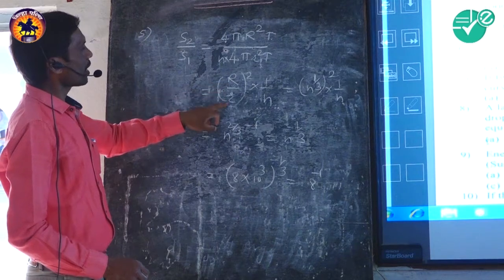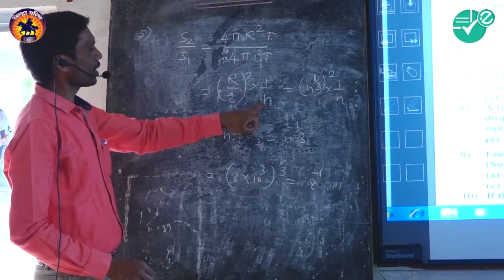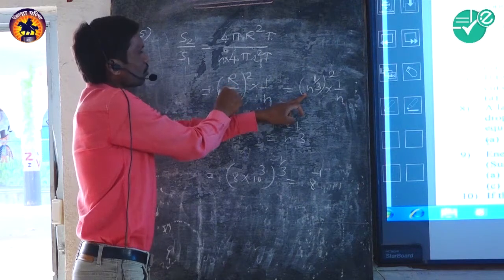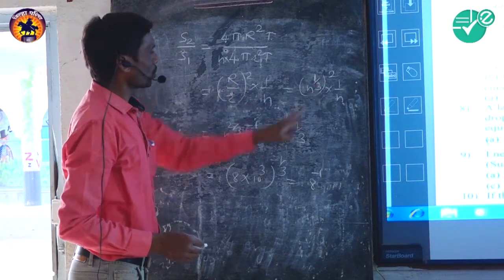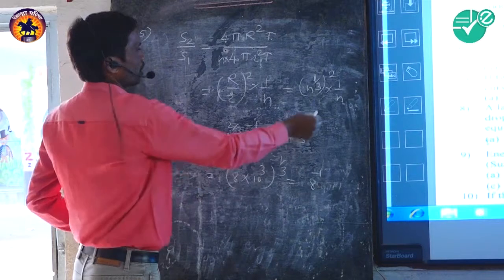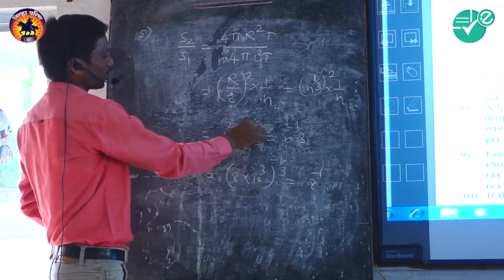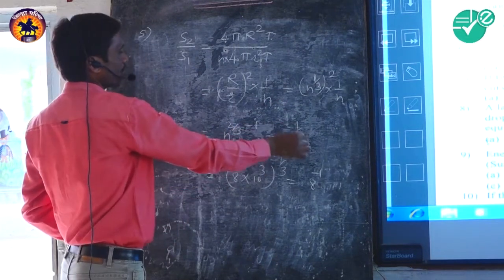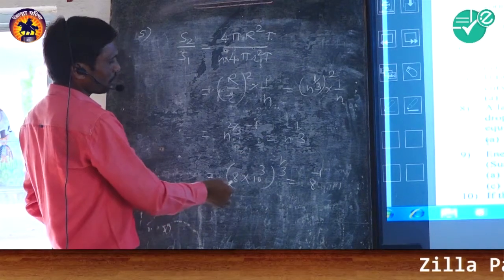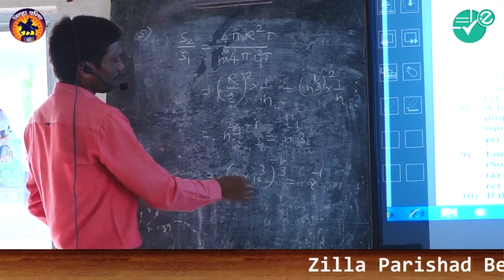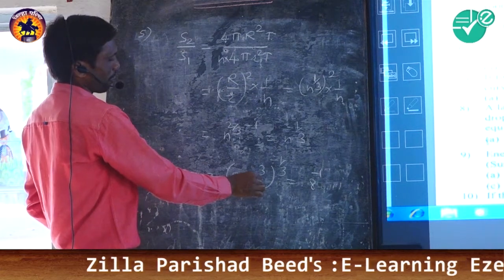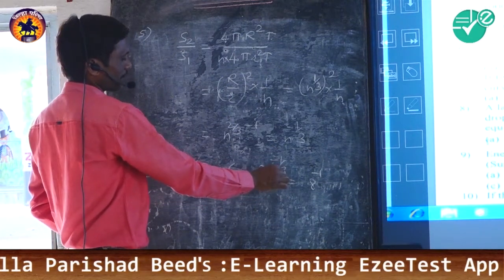Here R divided by small r, whole square, into 1 by n as it is. Here capital R by small r is equal to n raised to 1 by 3, so n raised to 2 by 3 we get. Oh, it is correct. And taking n in the numerator, we get minus 1. It means it is equal to minus 1 divided by 3. So it is equal to n, that is 8 into 10 raised to 3, raised to minus 1 by 3.